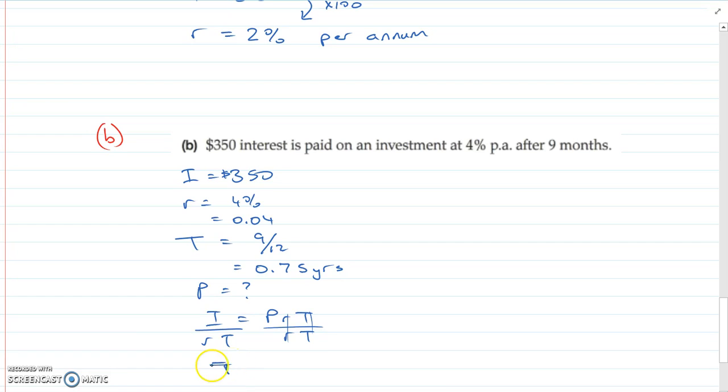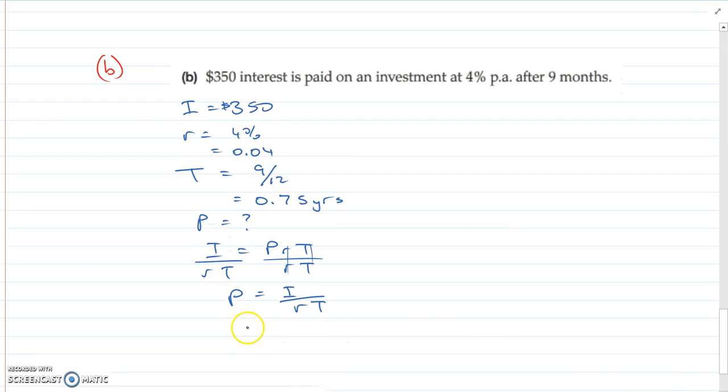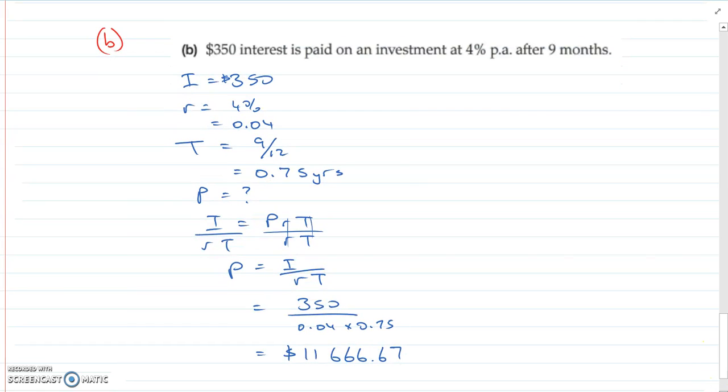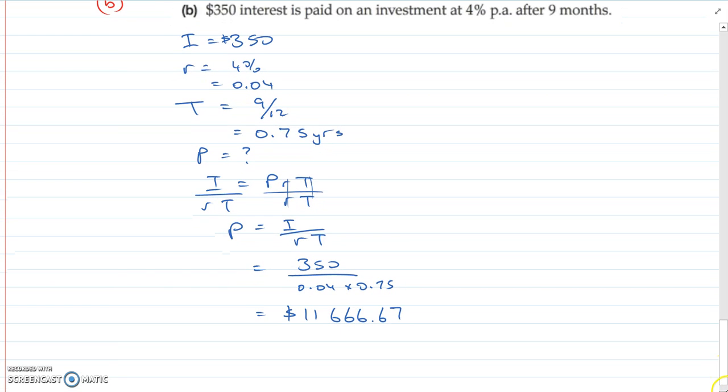P equals I divided by RT. So that's R times T underneath, so 350 divided by 0.04 times 0.75. And this is what our calculator gives us for an answer. $11,666.67 was what was invested. Okay, third one,